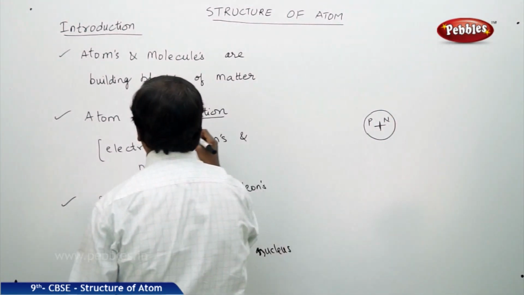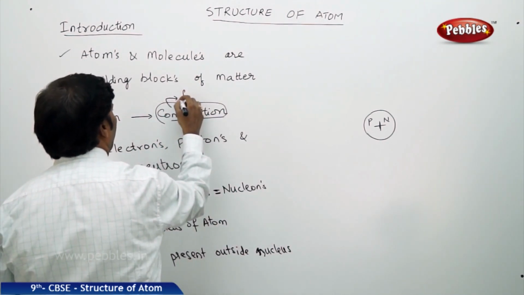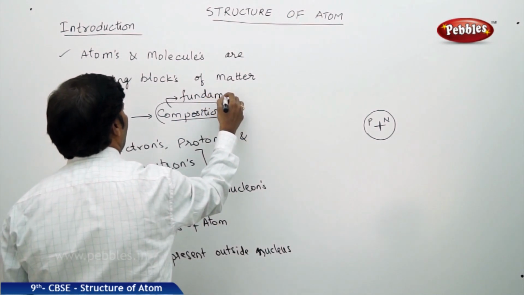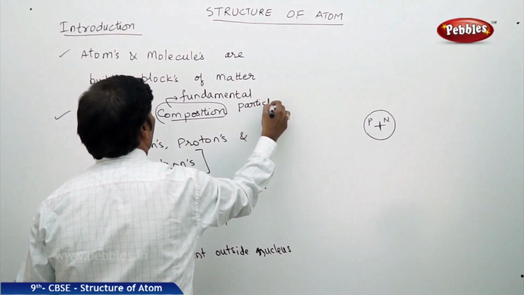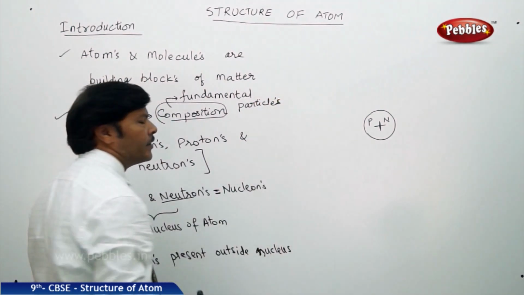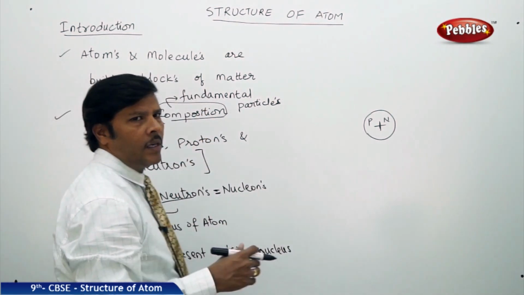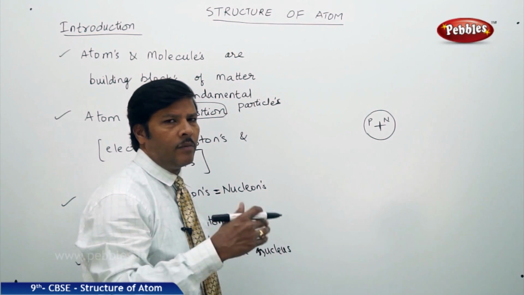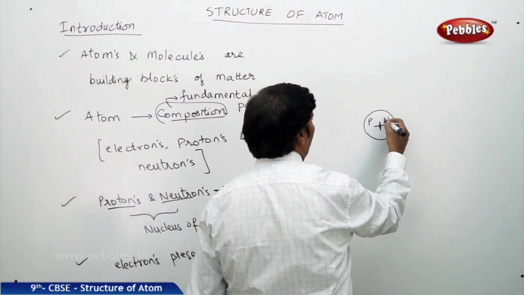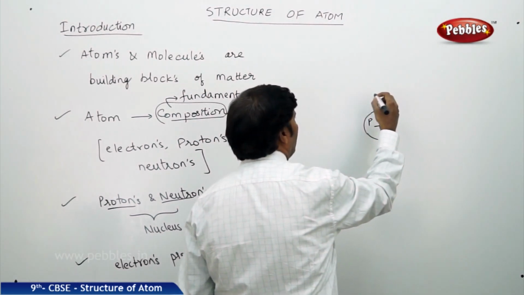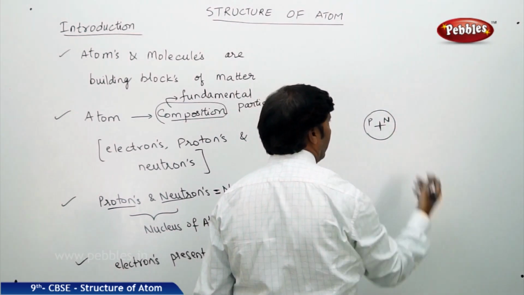In fact, when you say atom and its composition, we can say the atom is made up of fundamental particles. There are more than 100 fundamental particles present in the atom actually, but among so many different fundamental particles, we take only 3, that is electrons, protons and neutrons, as the main focus of our discussion. So inside the nucleus of an atom, we have 2 fundamental particles, protons and neutrons, and outside the nucleus,